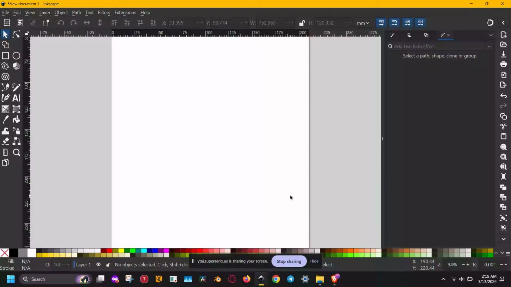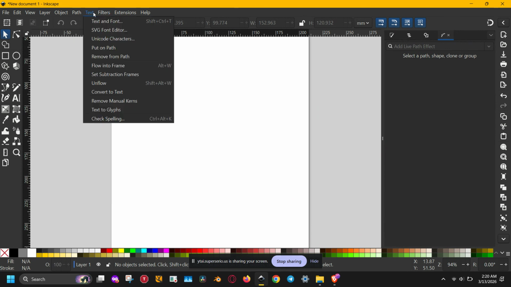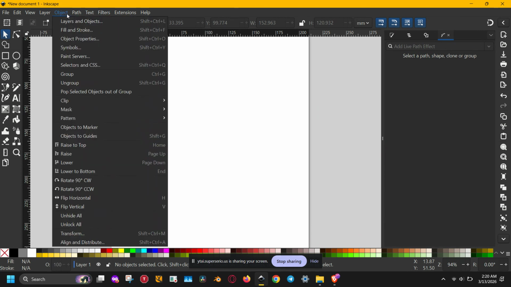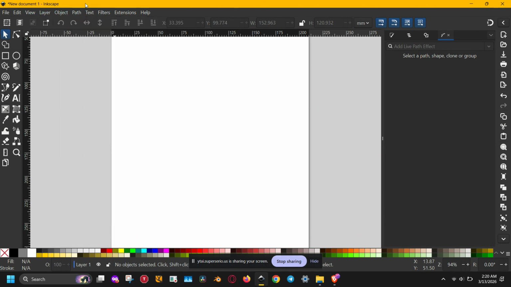Today we are diving into one of the most effective ways to boost your design workflow, customizing your keyboard shortcuts in Inkscape. If you find yourself constantly clicking through menus for tools you use every single day, this video is for you. We will walk through how to reassign keys, handle common conflicts, and even import external layouts to make